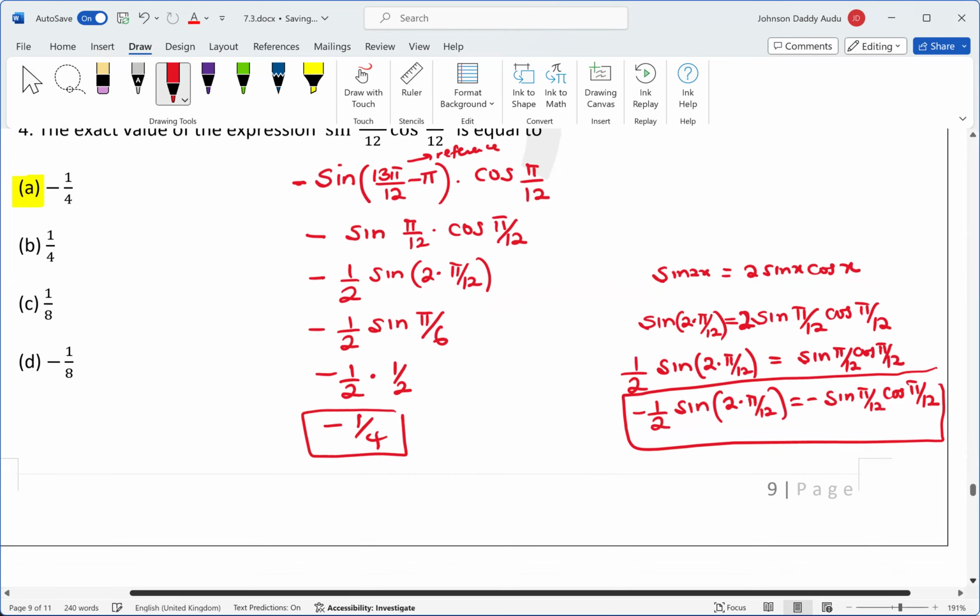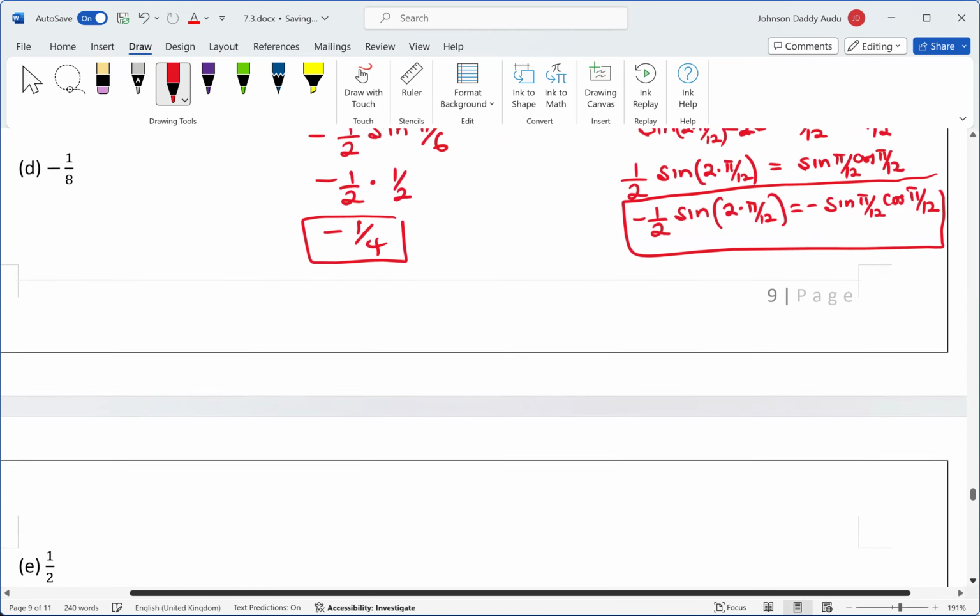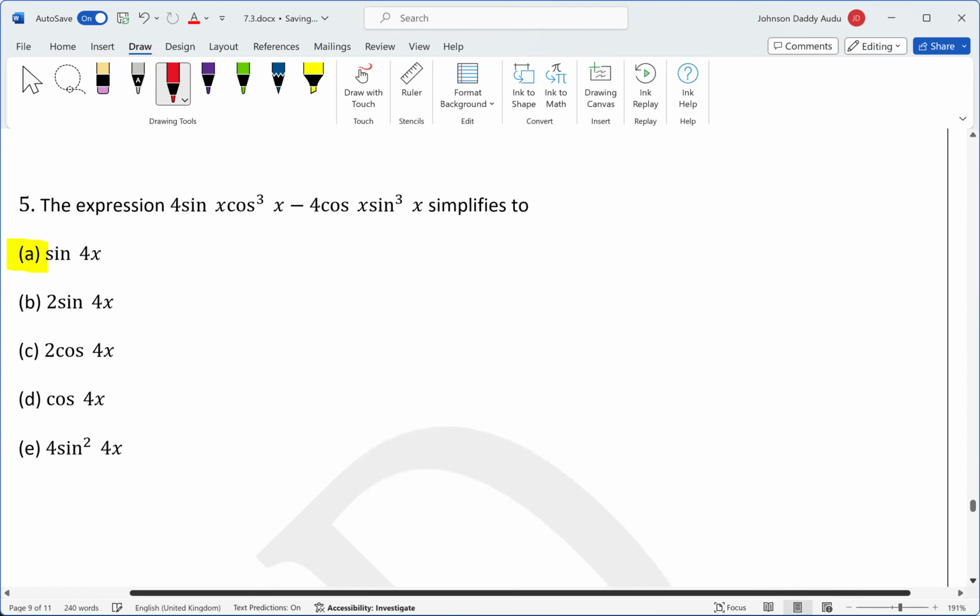All right, let's see, do we have one more? Okay, this one is saying the expression simplifies to. So here, what can we do? This is a simplification. We can look for what is common. Sine is common, so I think we can take 4 as common. Sine x is also common, cosine x is also common. So we'll be left with